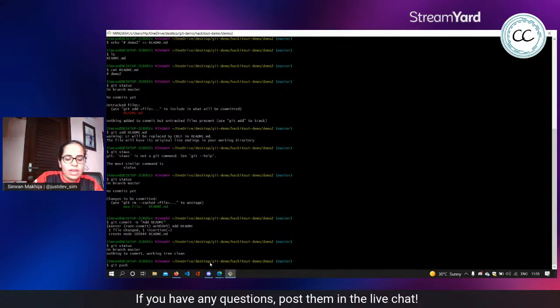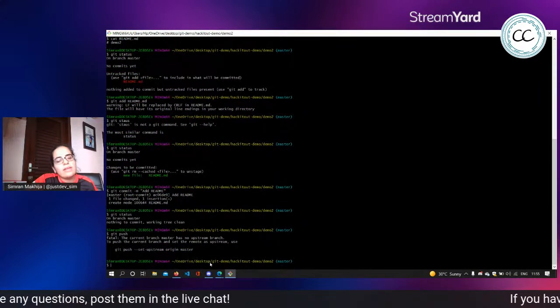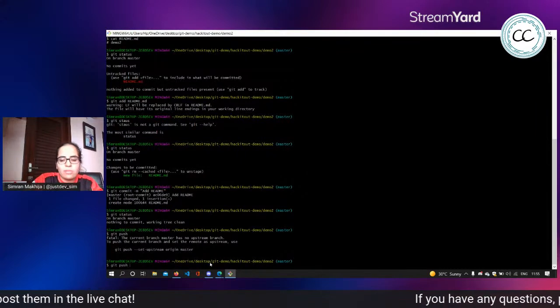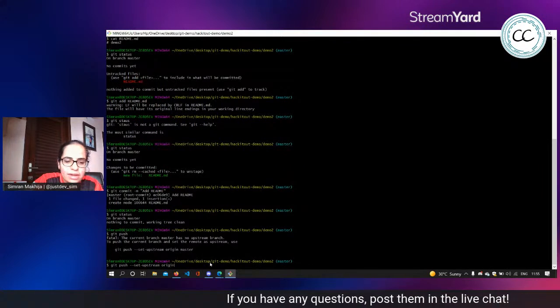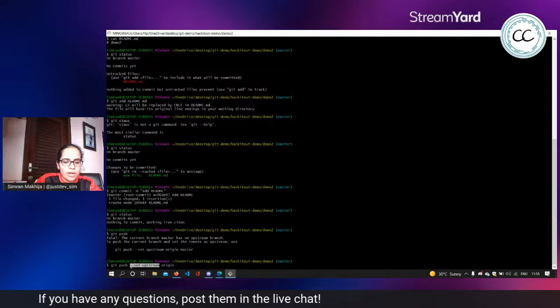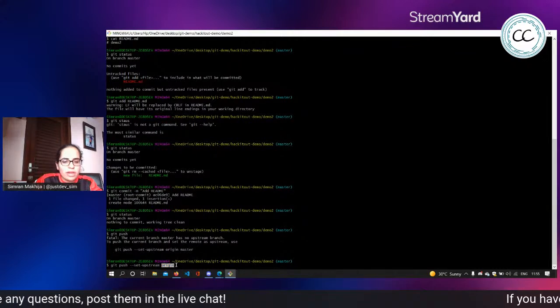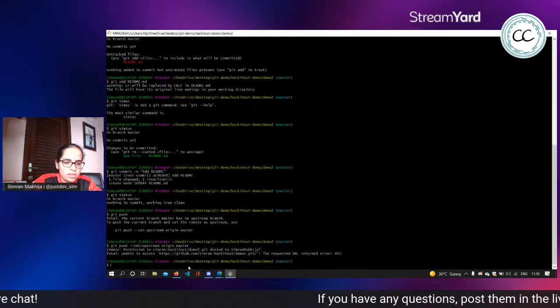All you have to do to tell Git to push is run the git push command. The first time you do it, you will have to set upstream, and set upstream is basically setting the default branch and remote that we want to push to. So we're doing this.